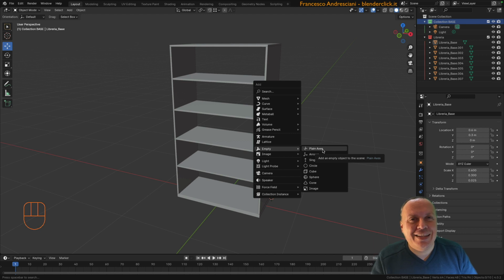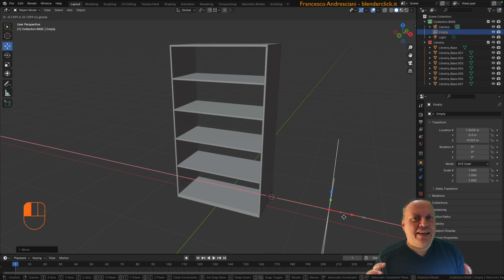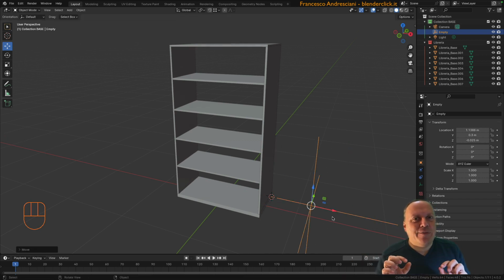Empty means empty, so empty objects are objects that are not rendered. However, you will find that they can have many useful functions. For example, with one of these, I usually use the first plane axis, you see it has this cross shape. What we can do is use this element as a reference point, as a parent object, to relate all the objects, for example, in our library, and then manage them all from this object,